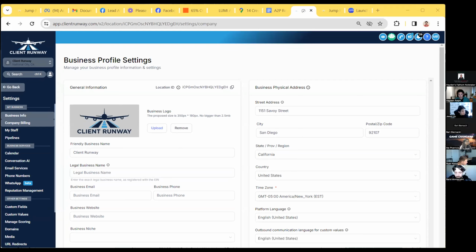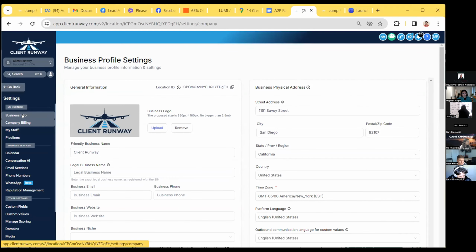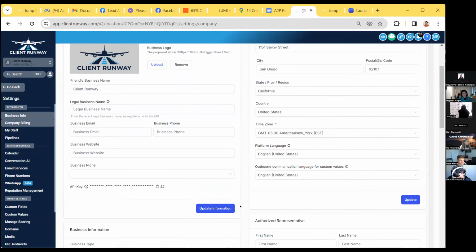Yeah. So again, this is the A2P registration guideline. First we need to go to business info in the settings and fill out all this information.